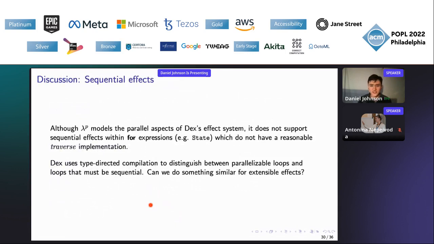One interesting thing about our framework is that although it models parallel effects, it does not actually support sequential effects within for expressions. One thing it does not support is the state effect that I introduced at the beginning of the talk, because the state effect doesn't have a reasonable traverse implementation. There's no way to take a for loop with a state effect and turn it into a for loop that is pure,